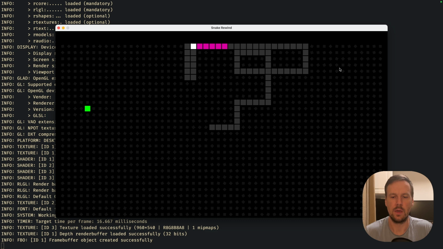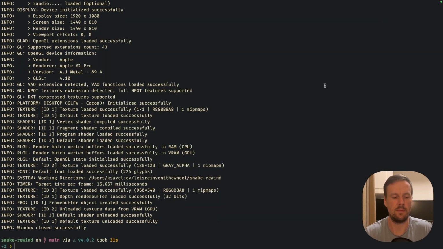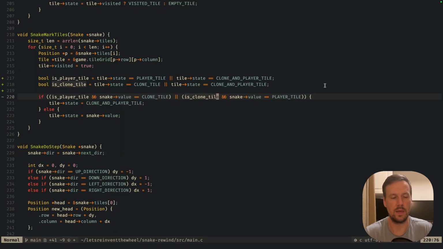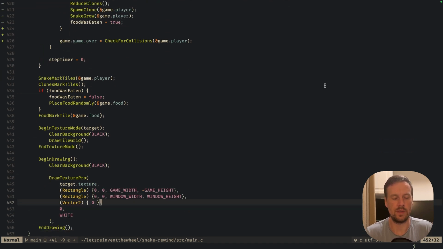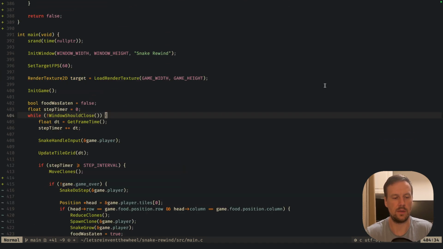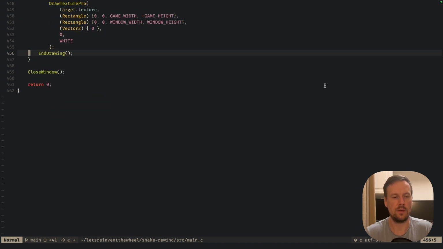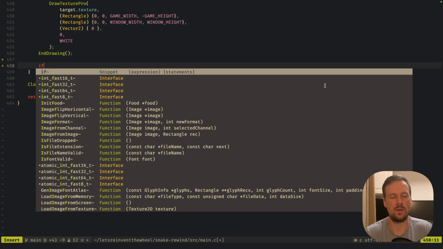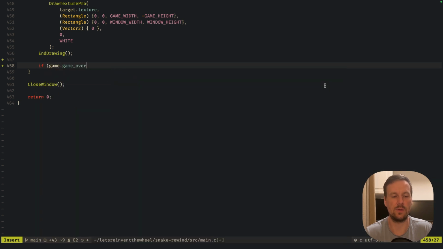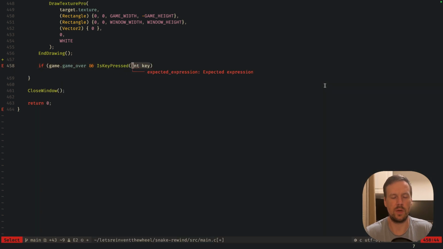Now what do we do? Right now the game is in a game over state. We can press the buttons but nothing happens. We have to close our game and start it again if we want to play it once more. What we want to do is, of course, to enable the user to restart the game, and that can be done in our while loop somewhere at the end. Once we've drawn everything, we can do a simple check that if our game is over and there is a key pressed, let's say key enter,